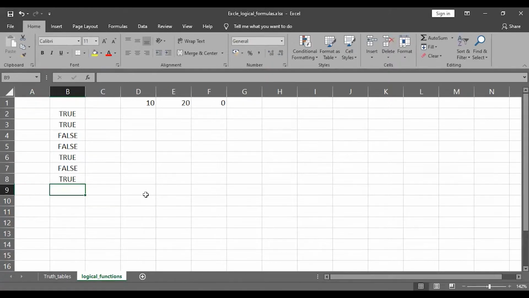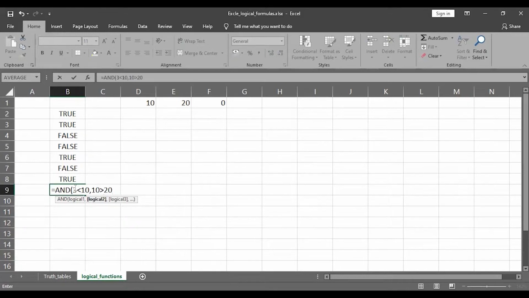Okay. And you can also give some inbuilt conditions, for example AND of 3 less than 10, comma 10 greater than 20.